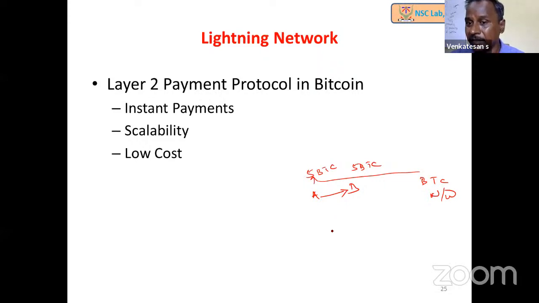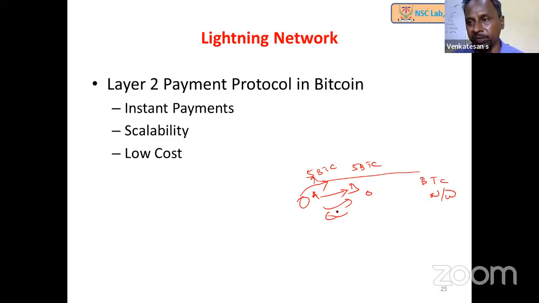When they are making their Lightning Network, that is the channel, a new channel gets created, and they will be making the transactions. Those transactions will not go to the main network for update, so it will happen immediately. In a second, they will be making transactions between them, and all those are recorded on both sides. At a later stage, once they say, yes, let us close this channel, then they will put it into the main network. So it will take some time to get confirmed. However, the transactions in the Lightning Network happen very fast.